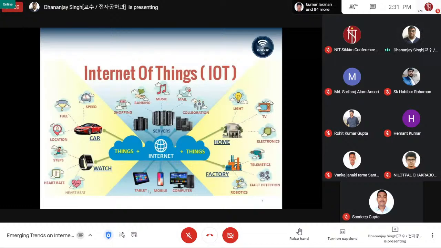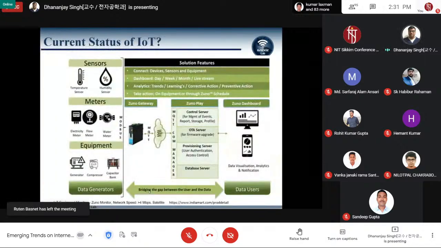Okay, so there are several parameters and several parts. We will see here the current status. This is one slide I copied from the internet, especially for you guys, from indiamart.com. Why I chose it is because the cost of this test bed device is very low, and if you are interested in developing a technology, you can buy this kit and test it by yourself during this 1 week